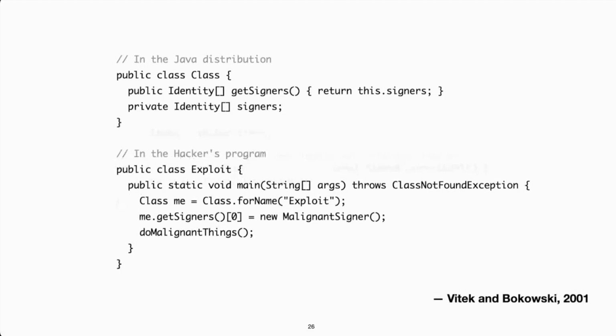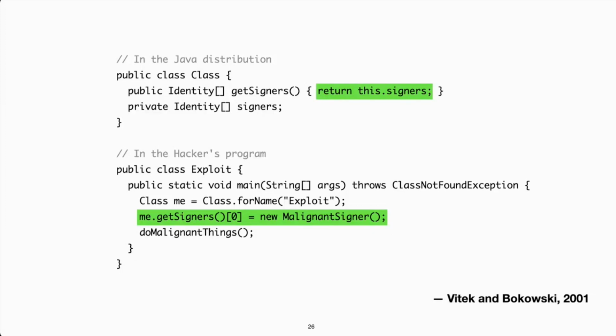In fact, my favorite example comes from Java. In an early version of the Java platform, there was a security issue that could be exploited to access data that you were not supposed to access, right? To escalate privilege. See, in Java, a class has a field containing the identities of its so-called signers. It's used by the system to restrict or grant access to certain features. And so the exploit consisted of taking a reference to these identities and modifying them behind the back of the class. And what's interesting here is that none of the standard Java mechanisms can protect you against this exploit.